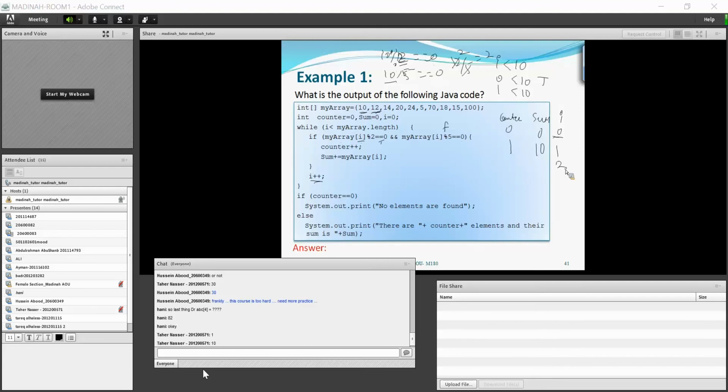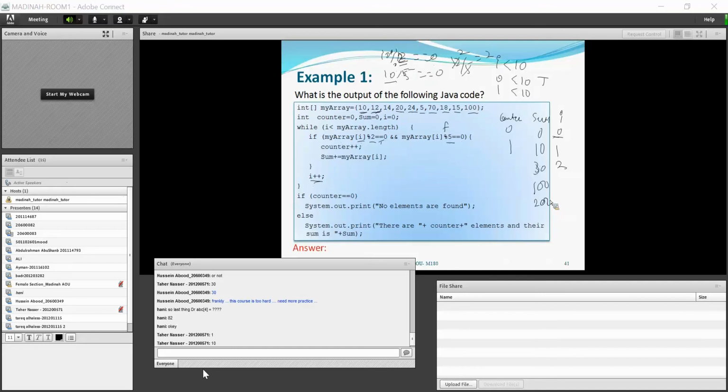So it goes again, so it finds 20, which is divisible by 2 and divisible by 5. So sum is added, 10 plus 20, 30. Again it goes, 24 is not, 5 is not, 70, it is divisible by 2 and 5. 70 plus 30, 100. Again 18 not, 15 not, 100 is divisible by 2 and 5. 100 plus 100, 200.